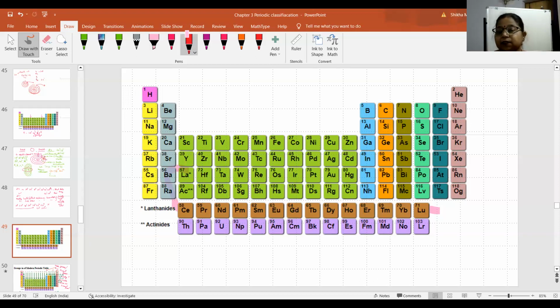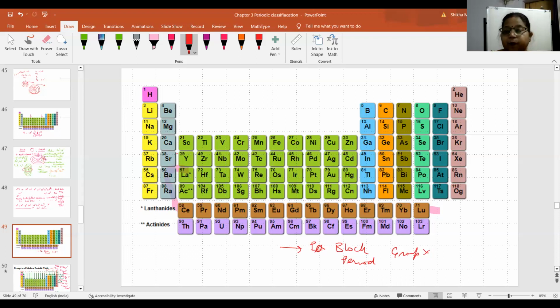Again, you can correlate with the orbitals. That F block has maximum 14 electrons. So therefore, they are 14. Nobody asks you for the group number for F block elements. They ask only the period number and the block. For sodium, you can find out the group, block, and period, all three things. For F block elements, you will be asked only to find the block and period. Group will not be asked, right?